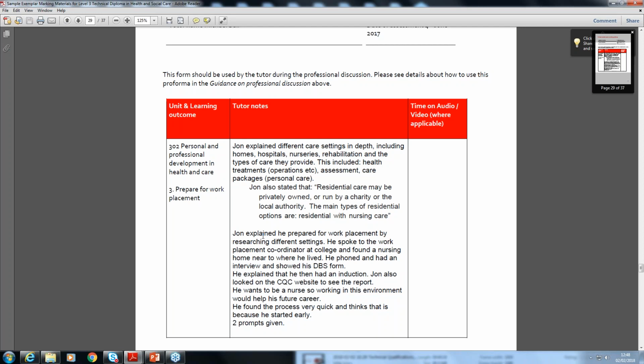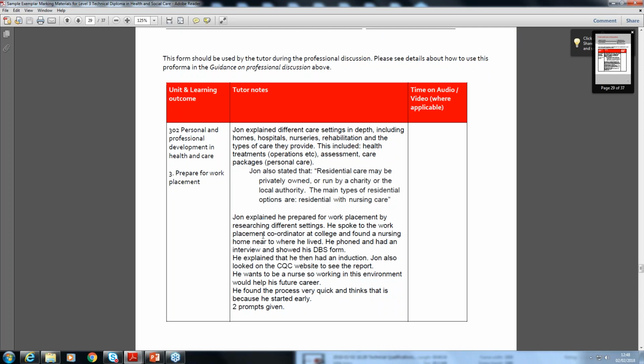And especially if there was no recording, we were really not able to make good judgments on whether or not the evidence supported the marks that had been given. So another plug for recording the professional discussions, please. And regardless of whether they are or aren't recorded, there must be really detailed notes. If there is no recording done, then it should be verbatim what the learner has said, because otherwise we cannot moderate this properly. So please, a plug for that.